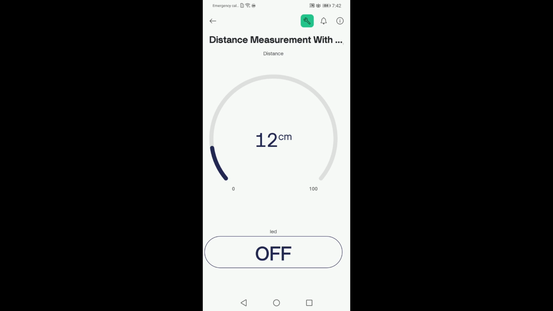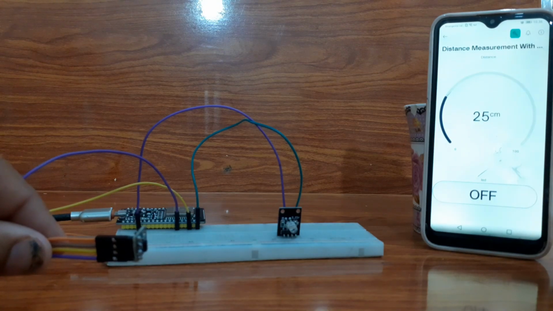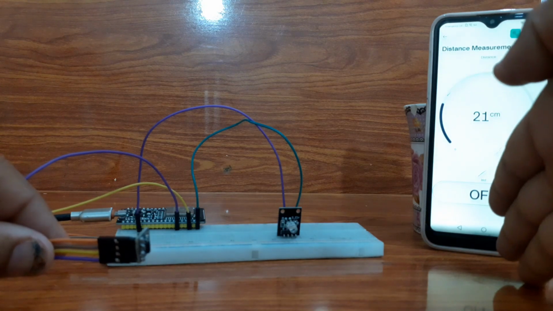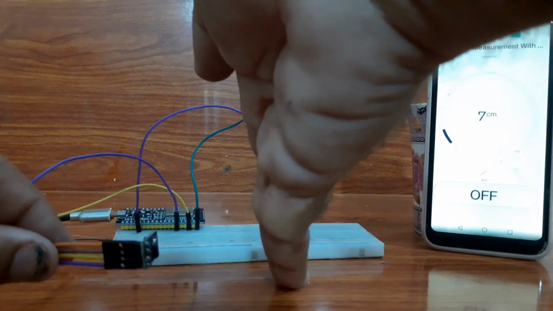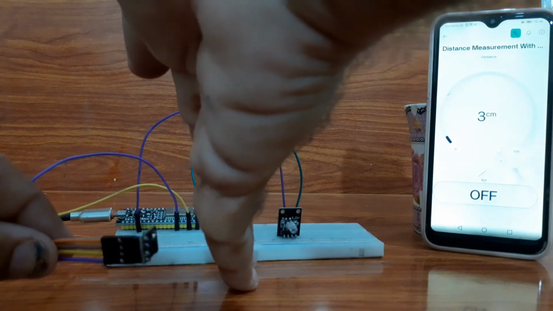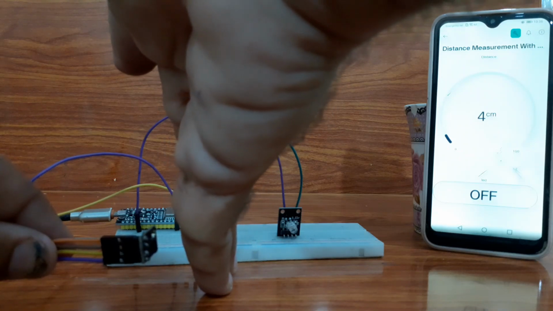Once done, you will see your gauge and button layout. Your smart interface is ready. Now let's see it in action. As I move my hand closer and further from the sensor, the distance updates live in the Blynk app.